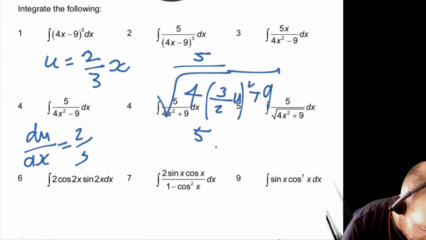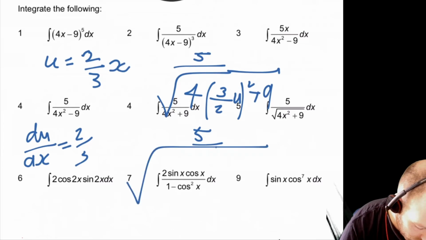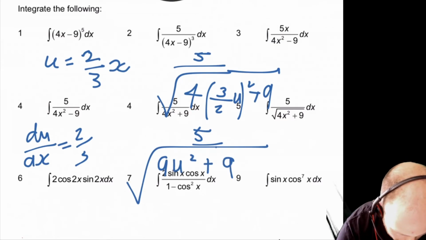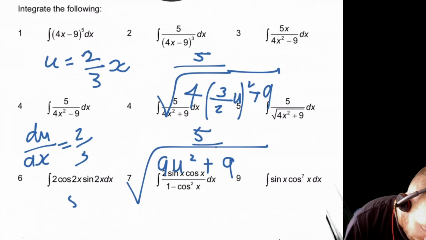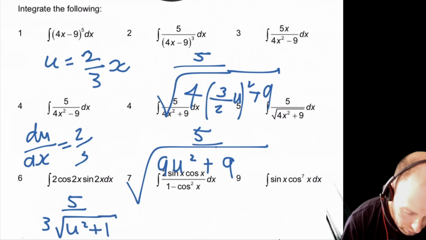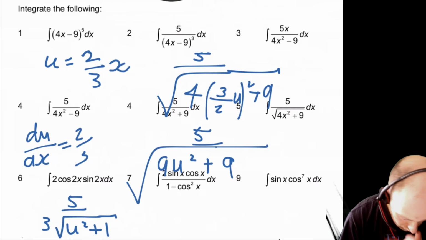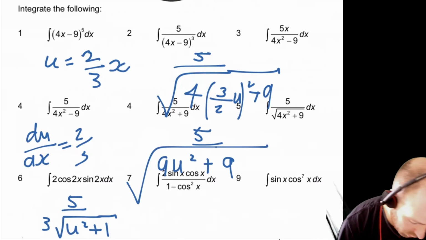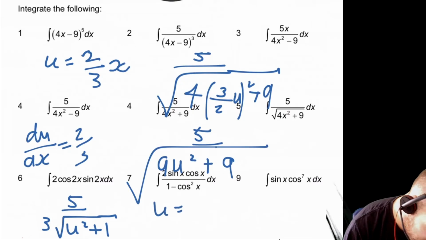So you get 5 over root 9u squared plus 9. So we can make it 5 over 3 root u squared plus 1. Then if we do a second substitution, we're going to say u equals, do tan again,